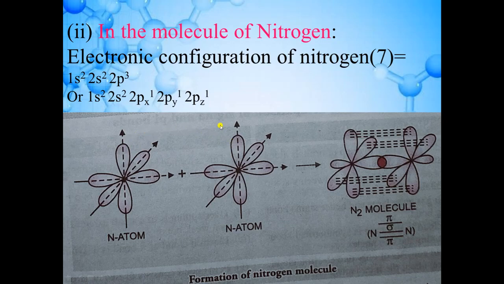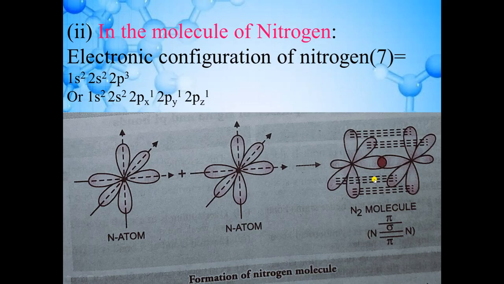So there will be overlapping between these two orbitals. How will you show the overlapping? By dotted lines. So this is how there will be overlapping between these two orbitals. Now one more orbital is there, 2pz1. So there will be overlapping between these two also. You will show overlapping by dotted lines. As overlapping is taking place between this orbital and this one, dotted lines will go from here to here, right? And you will show these dotted lines here as well as here.